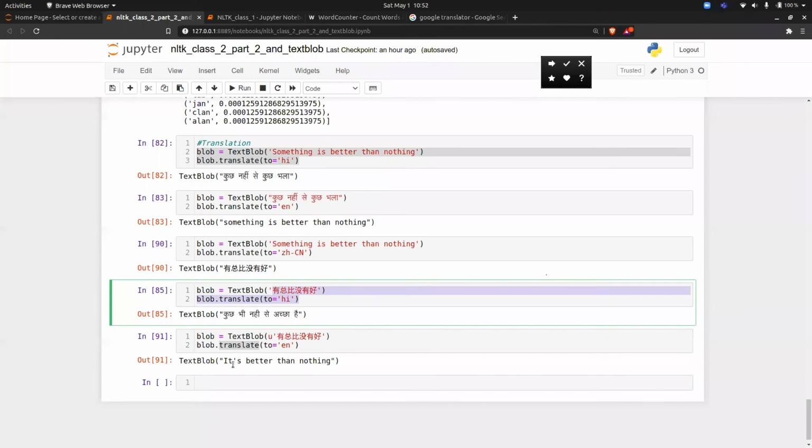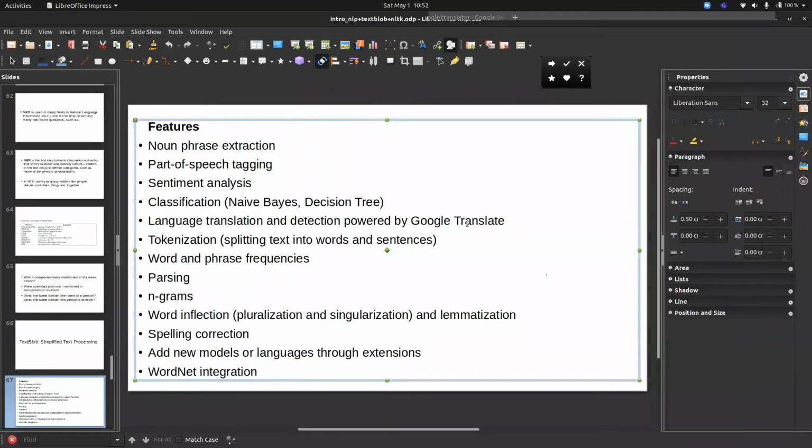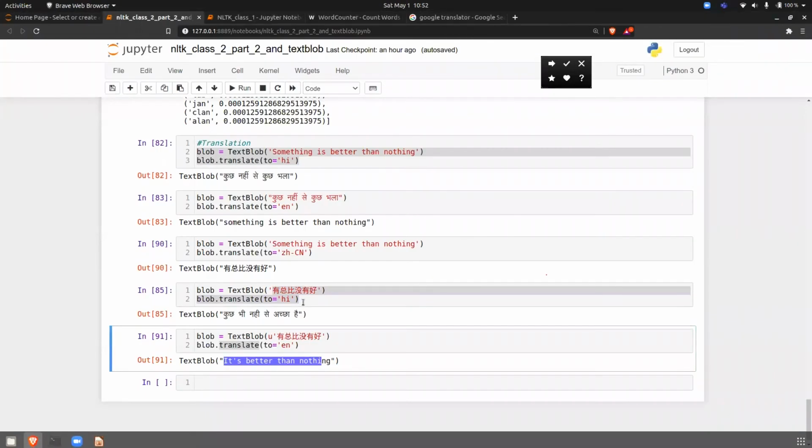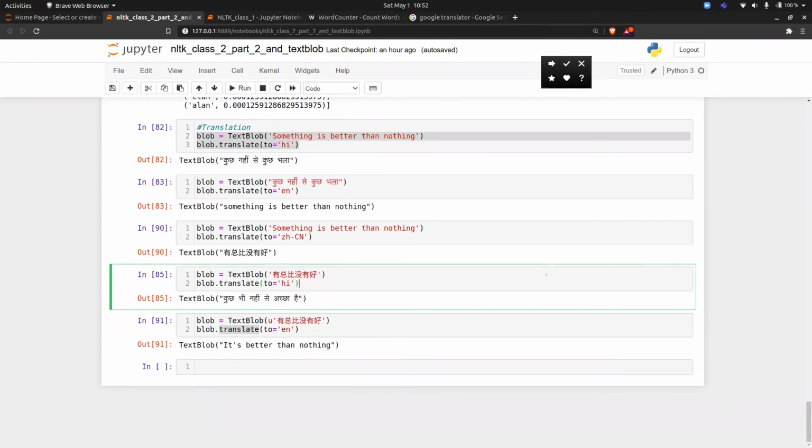And we can't control this now. Now it is giving different output. We can't control this because in the PPT also I've written clearly that it is powered by Google Translate. So you can't just put your own model. It is powered by Google Translate by default. So it is the Google API, and whatever Google is giving us, it is trying to give that output. But yes, you can create a small application because it is not that bad also. So this is clear to everyone.